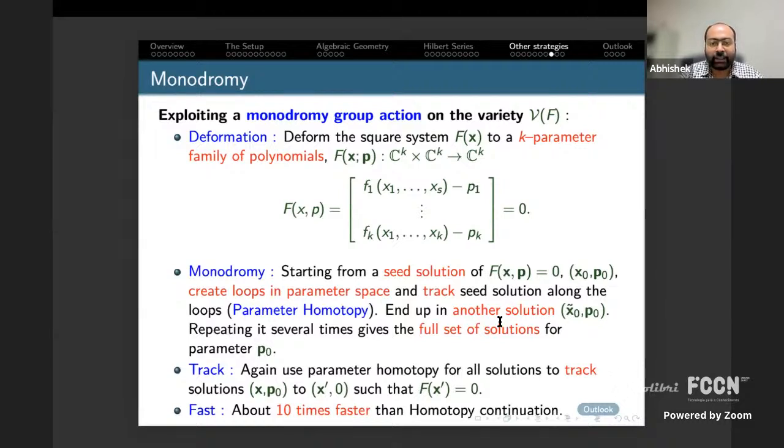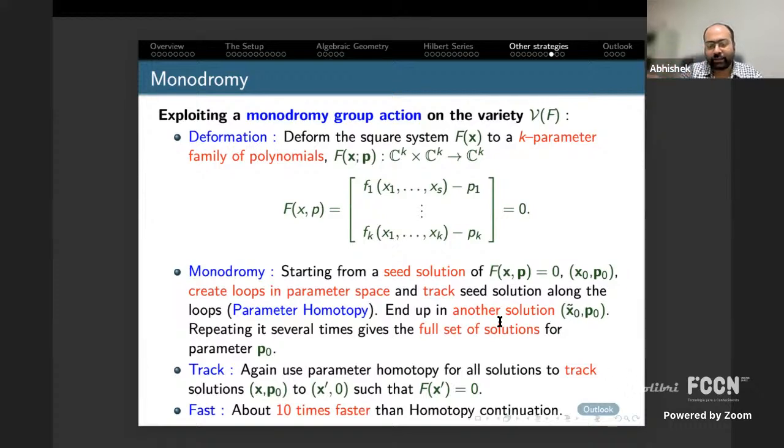Okay, and then you start with one solution for this F of x comma P system, which you can always find, because for any choice of x, I can always tune my P's such that this is a solution for this F of x, P. Then once I get a solution for some P naught,